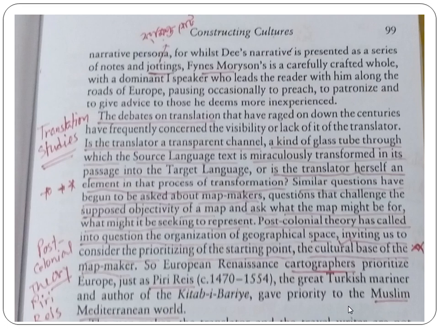Okay, and so that is Piyale, the Turkish mariner and the author of the Kitab-e Bahriye, who gives priority to the Muslim Mediterranean world. Okay, so another thing, another